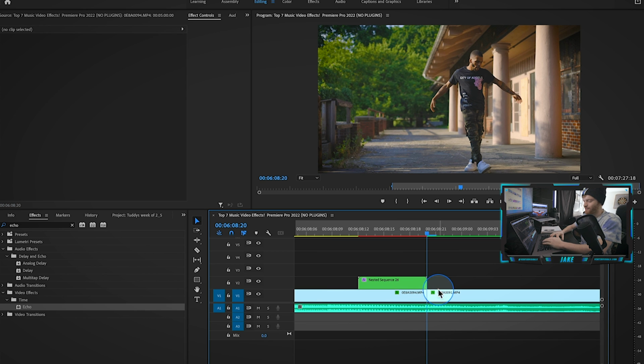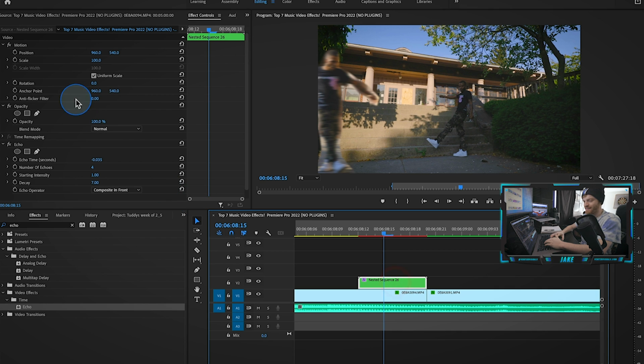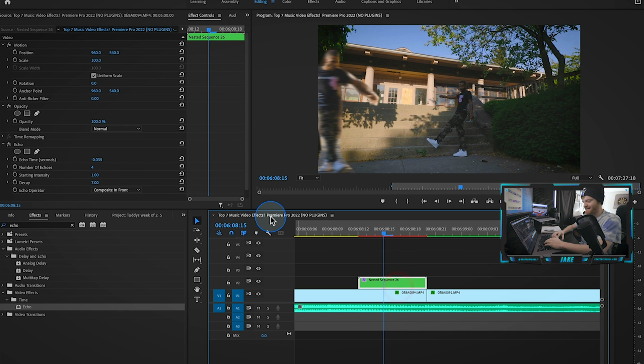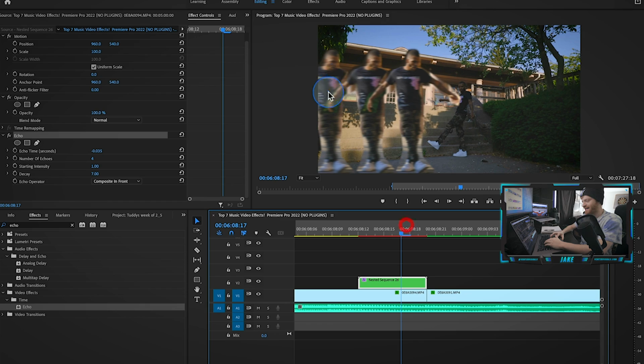And again, all we did was export the first frame of the second clip, brought it over here, overlaid it, masked it using the opacity pen tool, added some gaussian blur on top of it. Then we nested that together, and then we added the echo behind it, which gave it that kind of clone